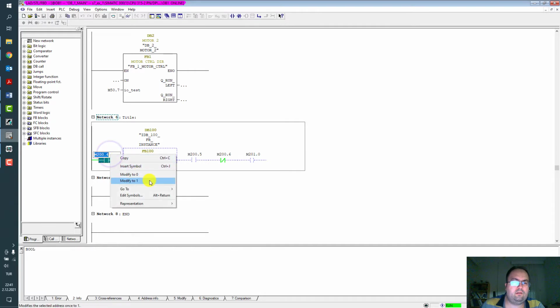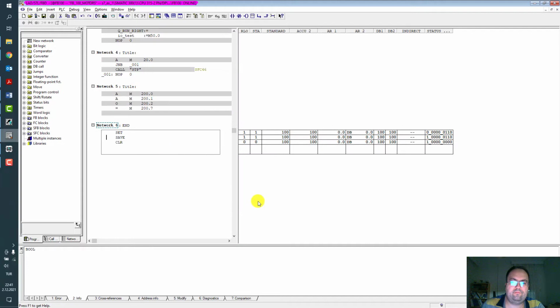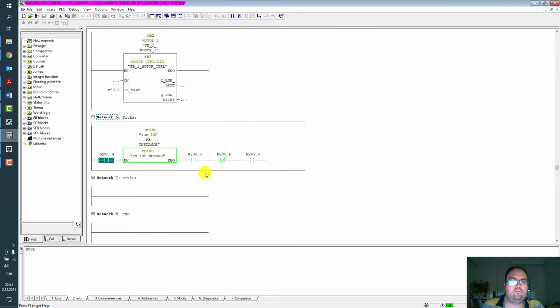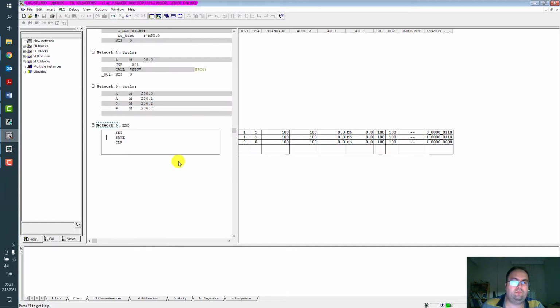And after I right click, modify to 1. Right now my program is executed at this speed, at this cycle time. And now my output is set to true.